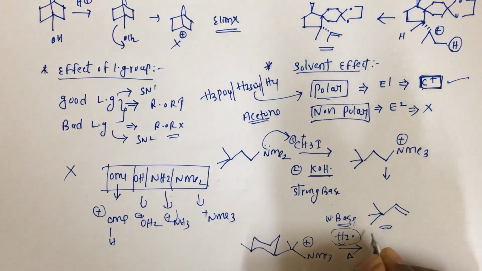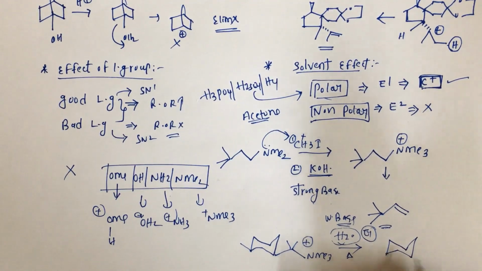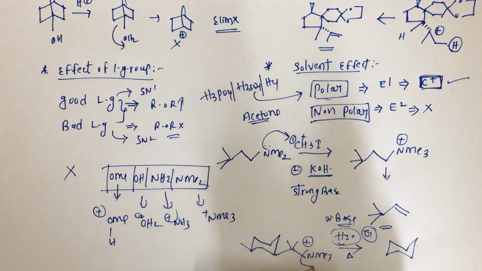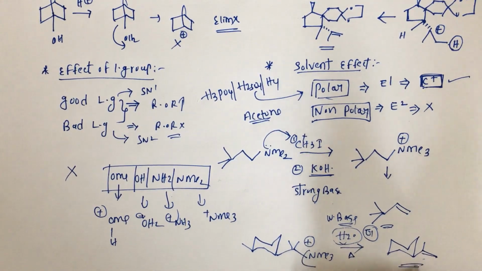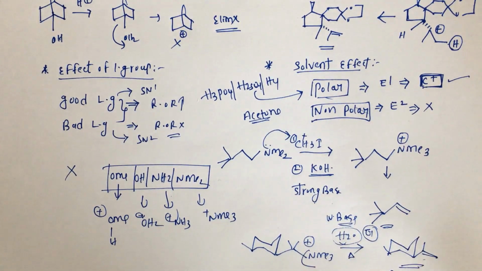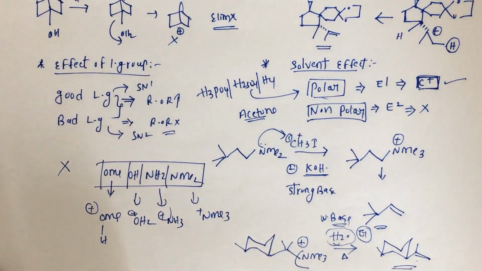Weak bases prefer E1 elimination, right? So that means this eliminates. This is the product here. So next, last